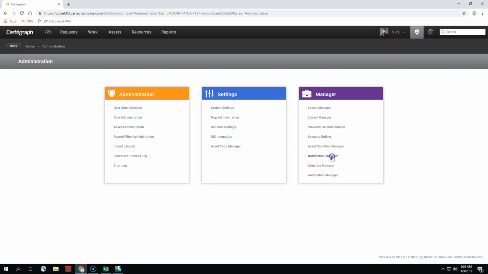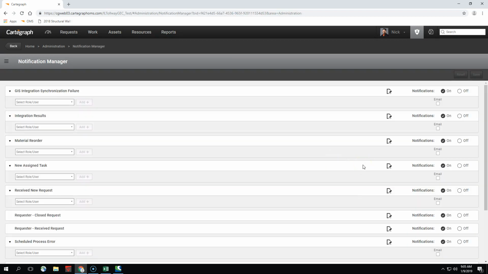Into Notification Manager. We haven't even touched on this yet in any of this training. This is another feature inside of the admin tool that you can use. Notification Manager are preset notifications that the system can send out to you. So you don't have to build anything in Automation Manager to make this work. These are all presets that you can turn on and off, or select certain people